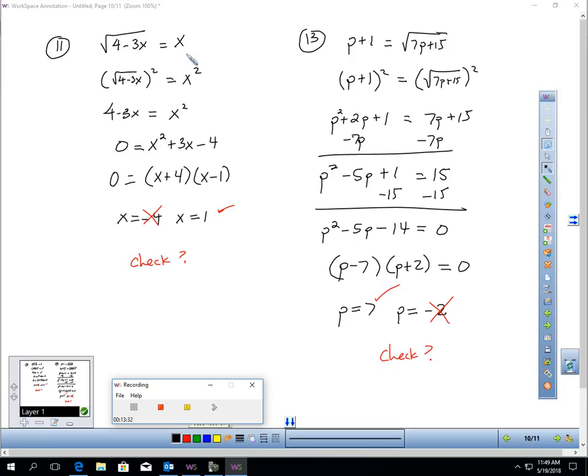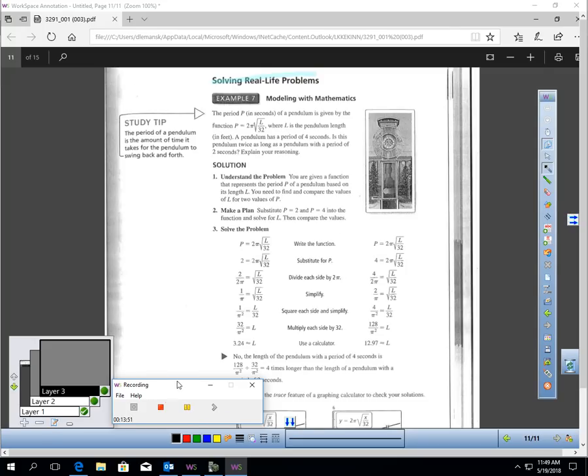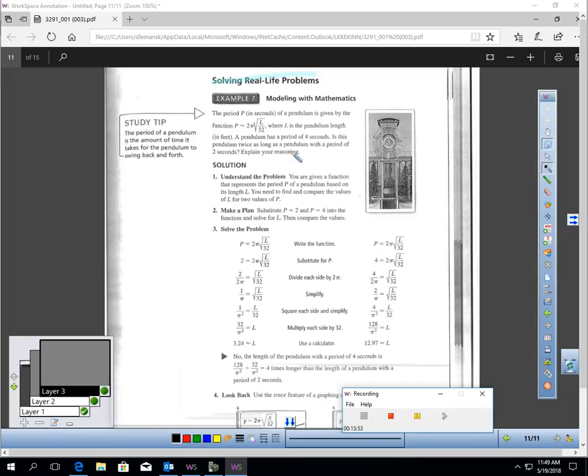And I'm back, and here's my work for 11 and 13, and in each of these, it produced two solutions, one that checked out and the other one was extraneous. So this is what you should have worked it out to, and you're noticing in each one of these I get an extraneous solution. To wrap up the video, you would be solving in this lesson real-life problems that could